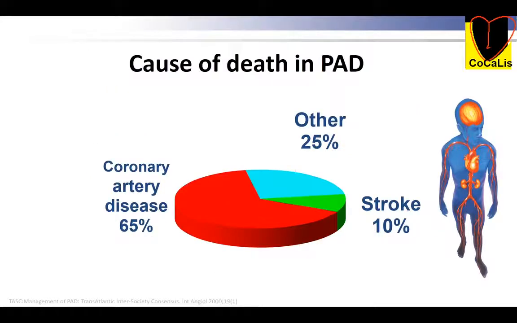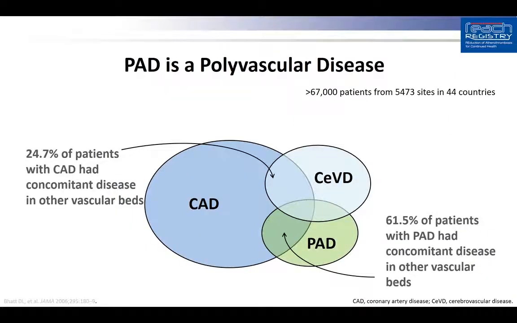And if you look at these figures for coronary disease, and this is 6-year mortality, not 5-year, it's double for PAD. So in fact, you lot have done a lot of good for CAD, but we're losing out for PAD. And of course, it's mainly coronary disease and stroke that kills our patients.